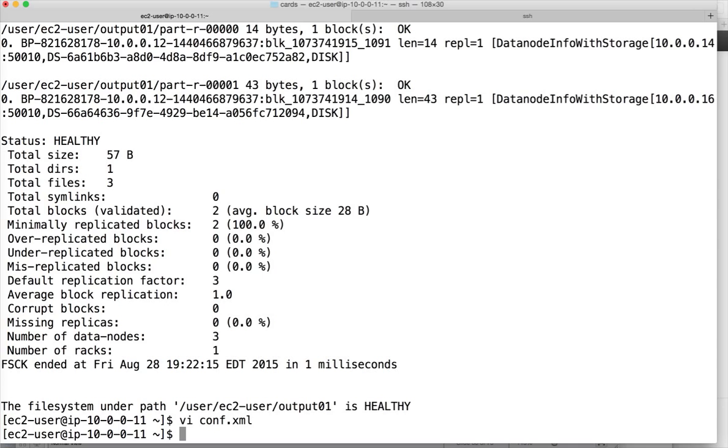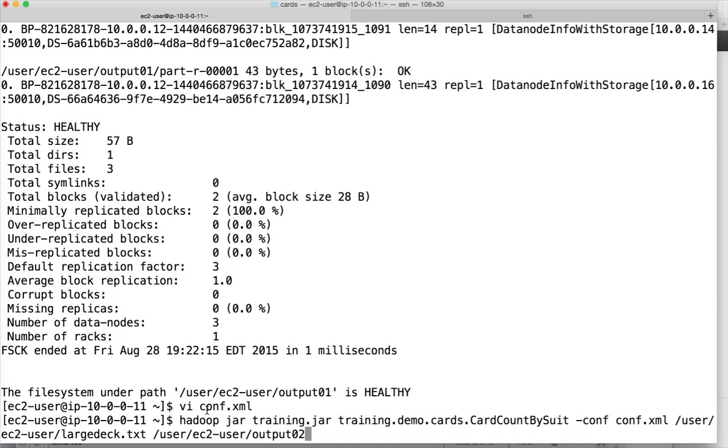That being said, let me run that command. So here the command looks exactly the same: hadoop jar, file name, class name, and the only difference is this part where we are saying -conf and conf.xml. In this case I am using a relative path, so the conf.xml should be in the current directory, or you can use the absolute path also. And this is the input path, user ec2-user largedeck.txt, and this is the output path which I'm trying to use, which is a new directory. Hit enter,